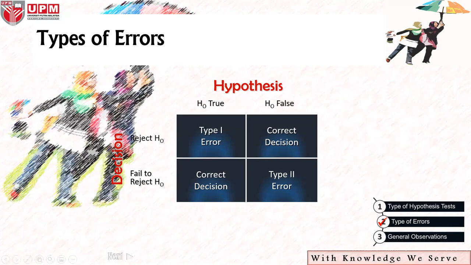Saya rasa macam dah share kot types of errors ni dalam hypothesis. Ada tak? Kita ingat dah? Rasa macam share dalam kelas data. Kelas data yang kat sini tak ada. Okay.